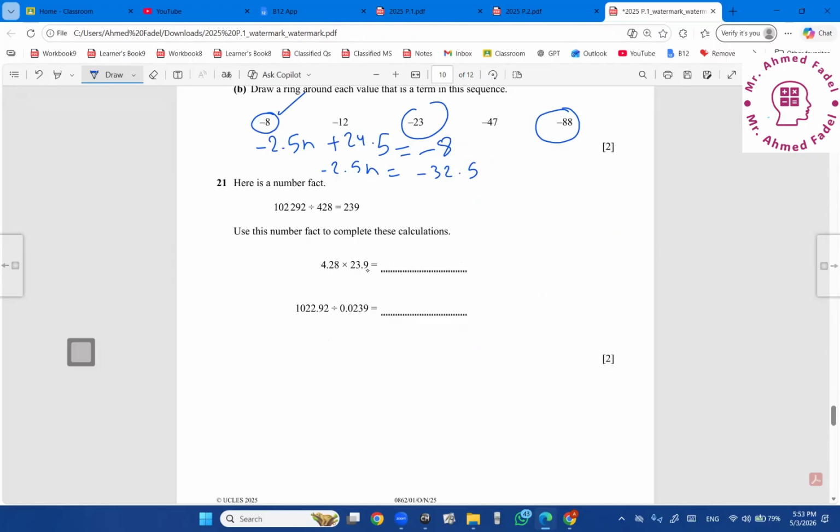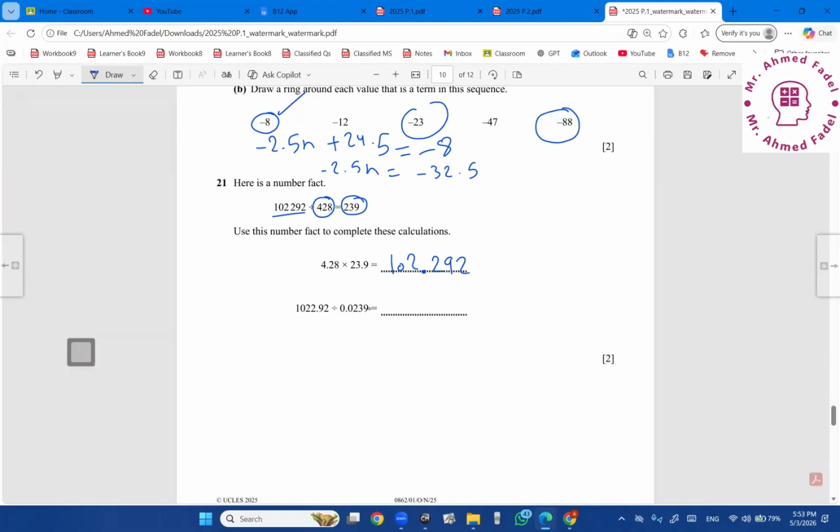4.28 multiplied by 23.9 is exactly the same as 239 multiplied by 428. Look at that, it's definitely going to give me 102,292, right? But mister, we have 3 decimal places, so just put the 3 decimal places here: 1022.92 divided by